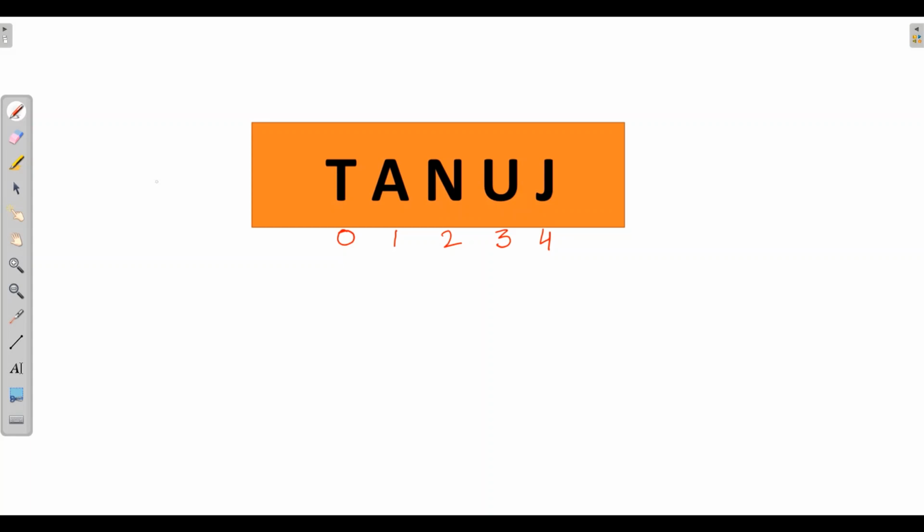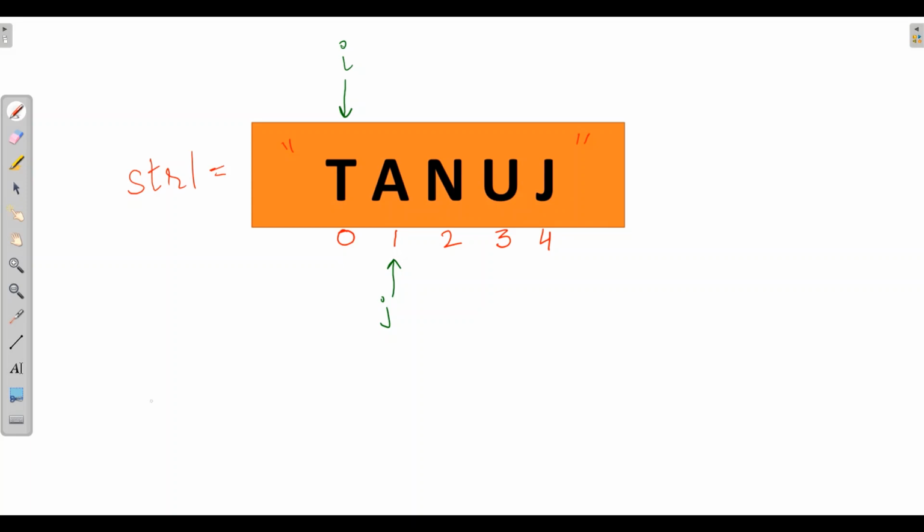Now we will try to understand how we can find substrings of a string. Here I have taken the string Tanuj and defined the indexes. This is my string, str1 is equal to Tanuj. Now I'll take I, which is at the first character of our string, that is at T. And then we will take the second variable J, which will be at I plus 1, that is on the second character.